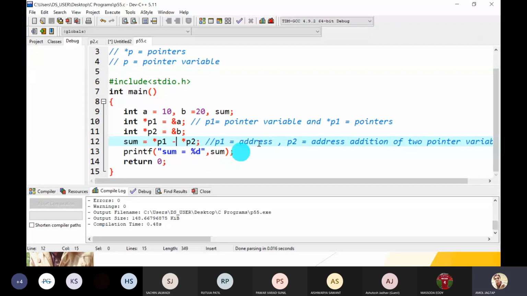Guys, hope you understand. So using pointers we can do arithmetic operations, but using pointer variables we cannot do arithmetic operations like addition, subtraction, division, multiplication. Okay, now what is the output of this program? 10 divided by 20.